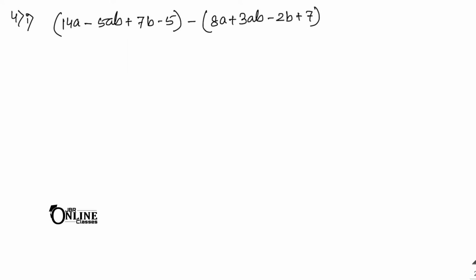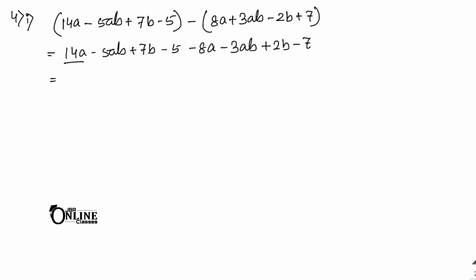Now next, sum number 4. In sum number 4, subtract this one from this one. So first you have to write down the second one, because as there is from, so first you have to write down the second one, that is 5ab, then 7b minus 5, then subtract sign, and in that case you have to use bracket. So 3ab minus 2b plus 7. Okay, so be very careful about your negative sign. So this one will be as same as the previous line, but here, as here minus is outside, it will be minus 8a, after that minus 3ab plus 2ab minus 7. Okay, very careful about the negative sign.